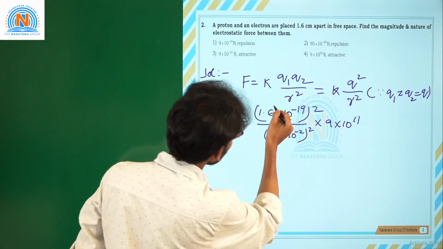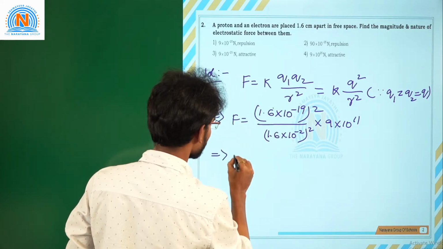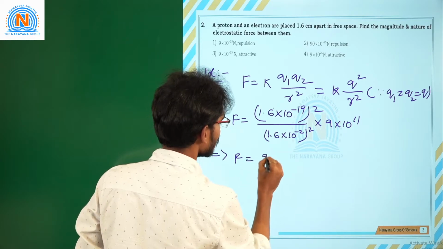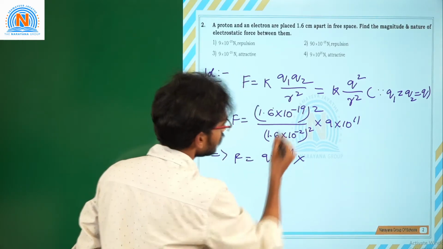Now here 1.6 square gets cancelled, and the remaining value I am writing F is equal to 9 × 10^11 into